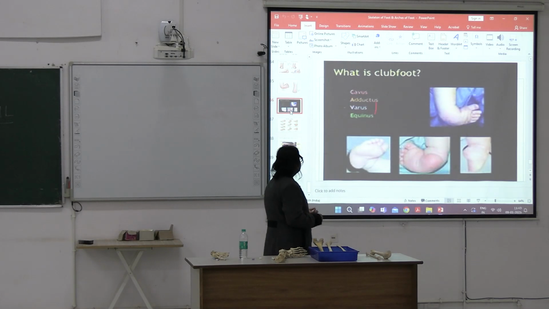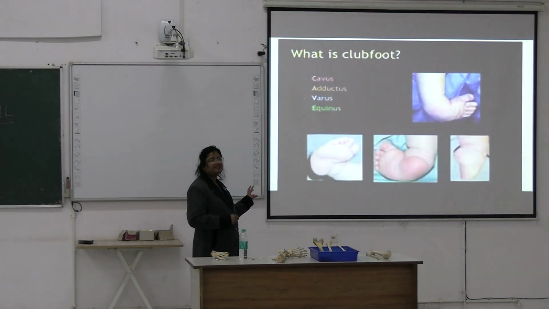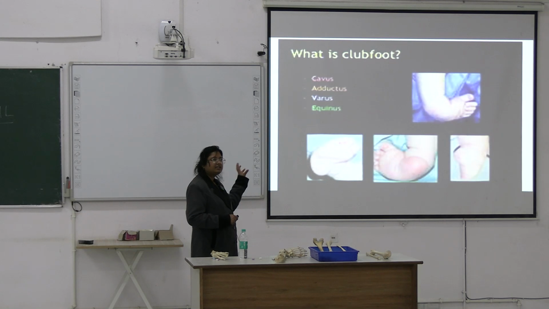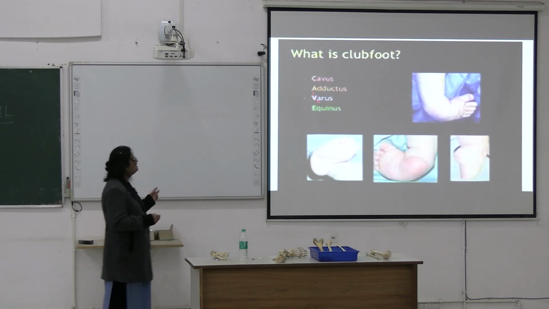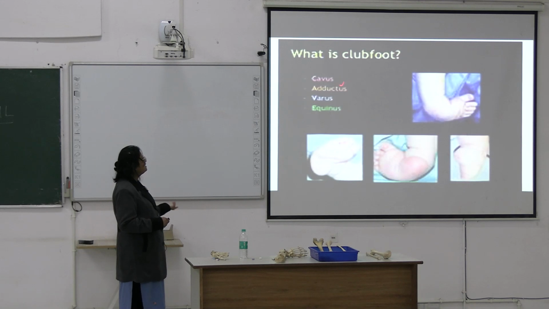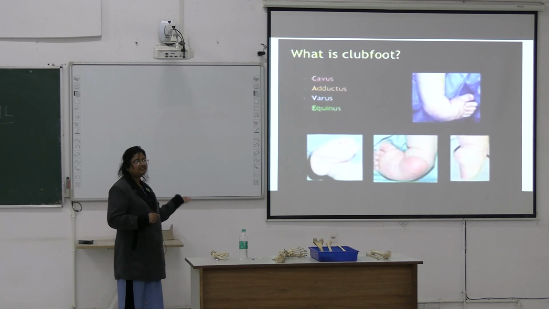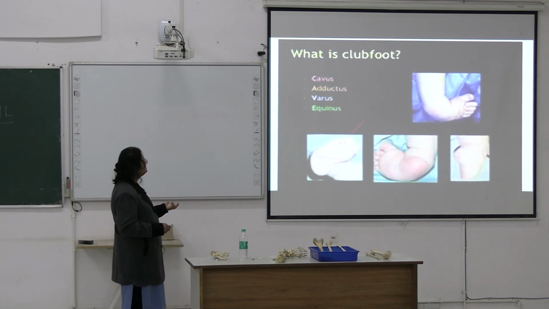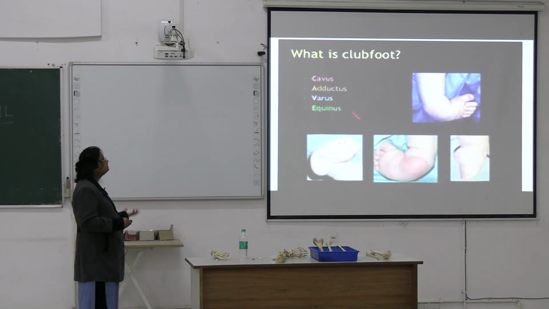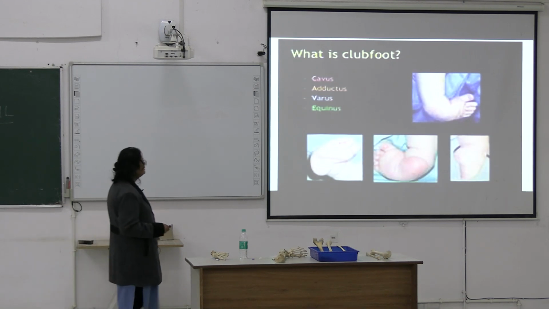And all these four things are not present in the same person. There are different combinations, so there will be different names. Understood? In the next diagram you have seen, there will be cavus and adductus, cavus and varus, cavus and equinus. There are different combinations, so there will be different names. So, club foot has these deformities, but all of them are not present in the same person. So, what parts can be present in club foot? Cavus, adductus, varus and equinus. Understood? Next,